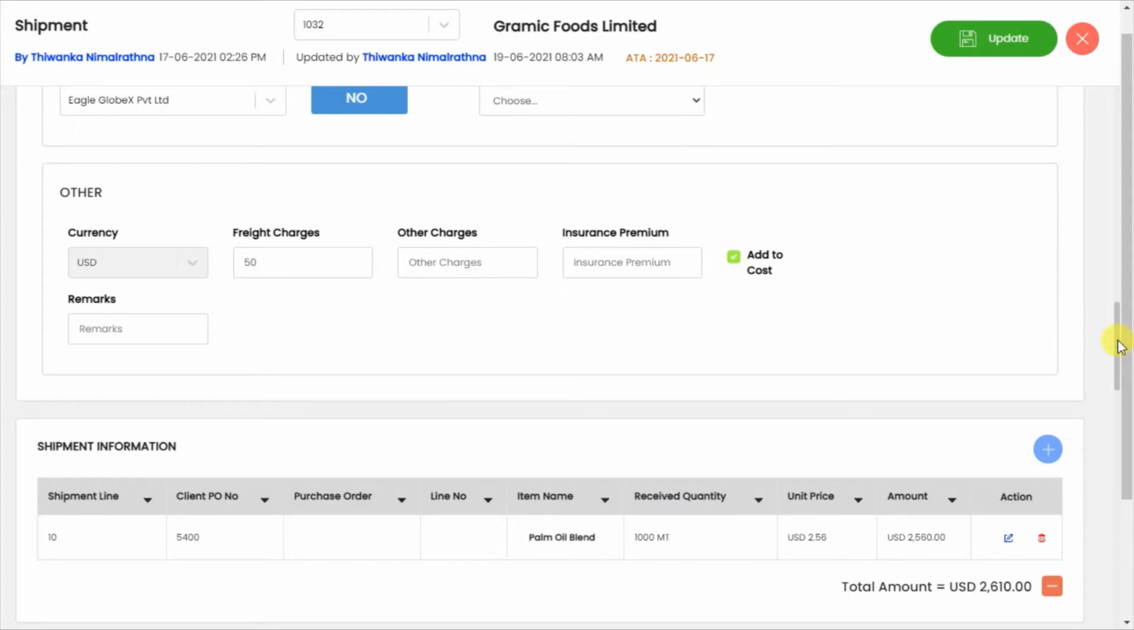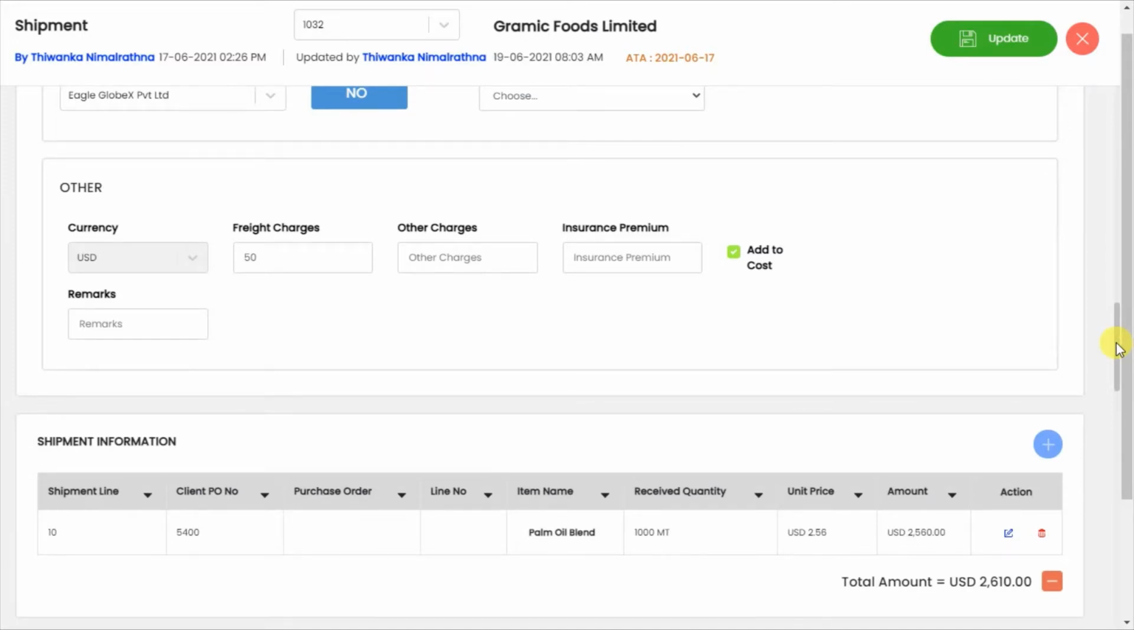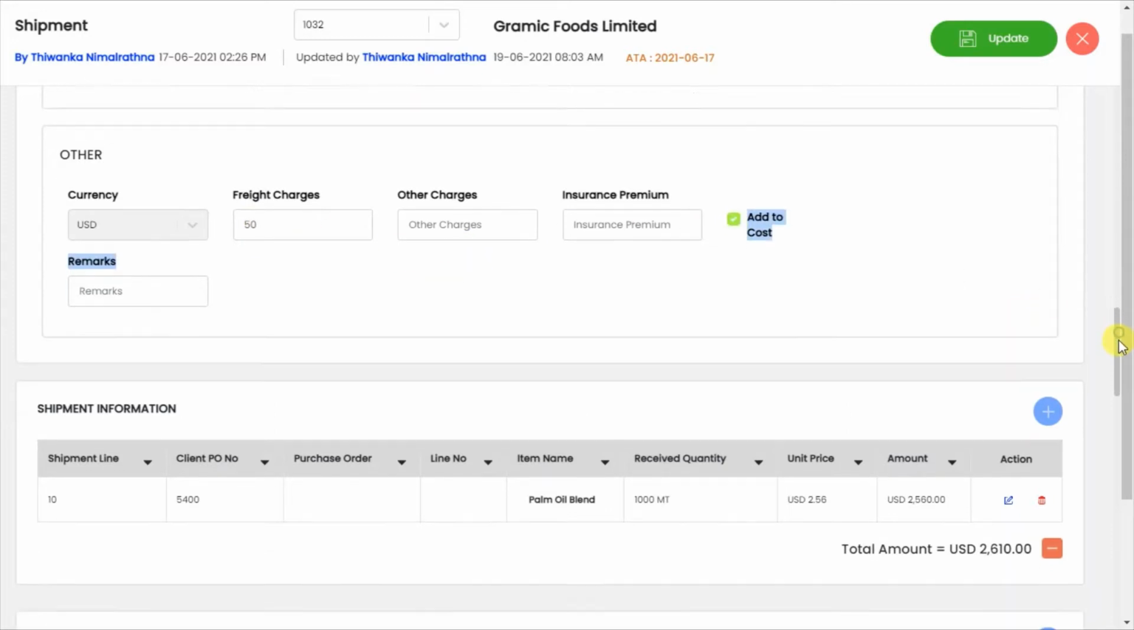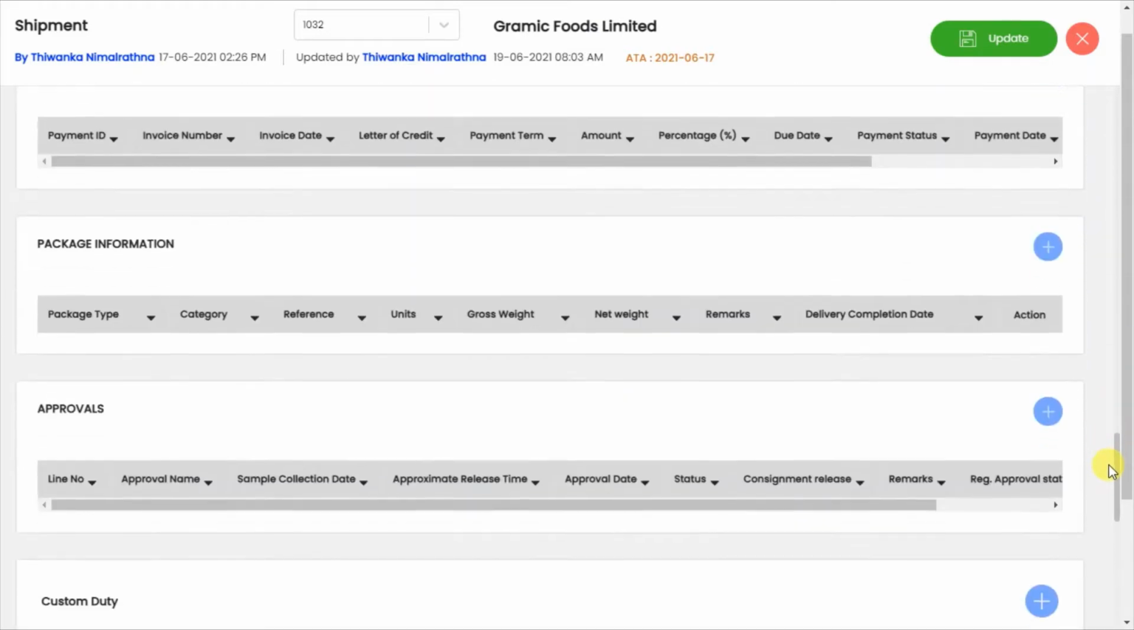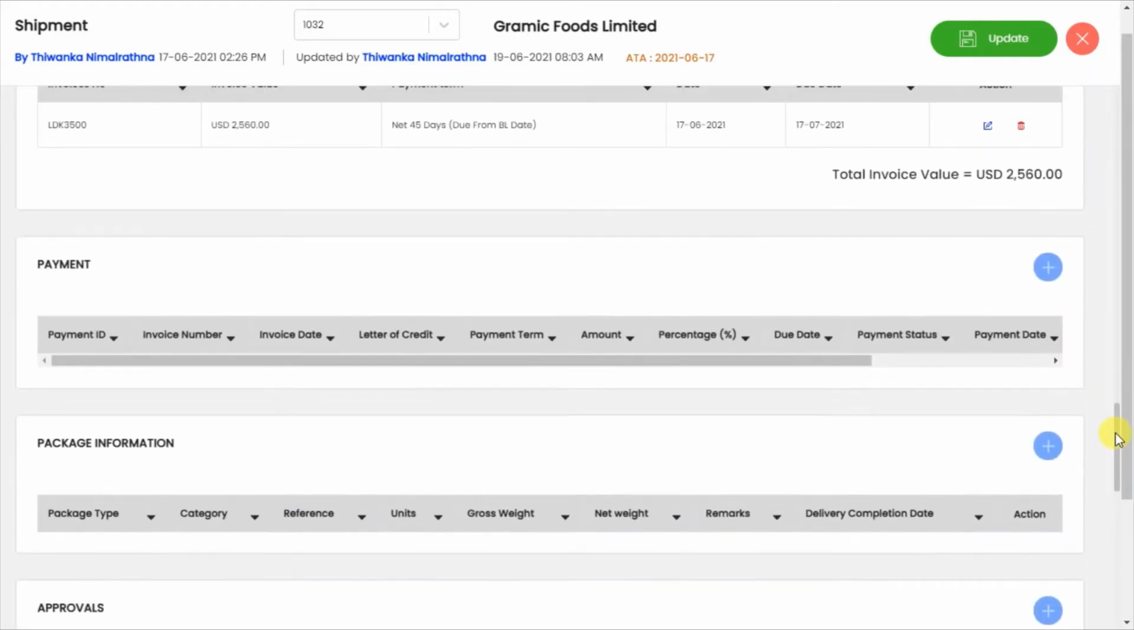When you are not using the insurance module and the logistics invoices module, for shipments under freight collect terms, you have to update that data here and do not check this add to cost button. Then once you have updated those data,